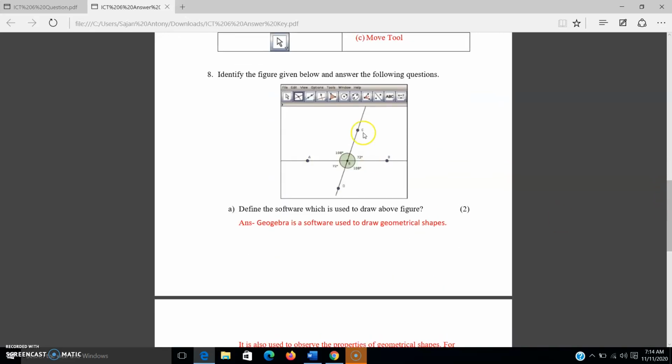You have to identify this figure. So which software? Yes, GeoGebra. You have to write down the definition of GeoGebra. And what is the second question? You have to write down the steps to find the opposite angles. Okay, so first you have to draw 2 segments meeting each other. Find out the intersection point. Here it is E. Using which tool? Intersect tool. And using angle tool you have to find out this angle. So you will get the opposite angles as equal.